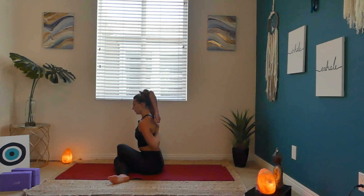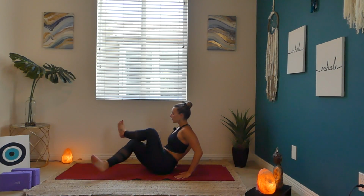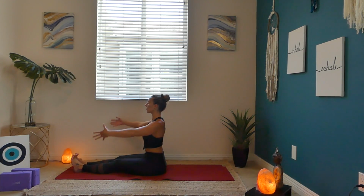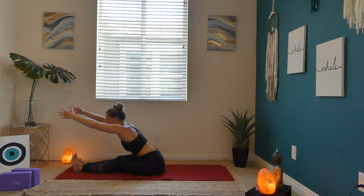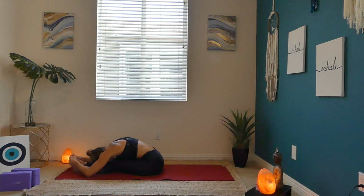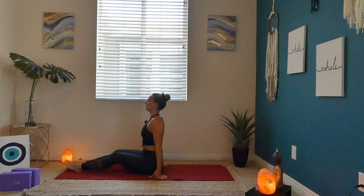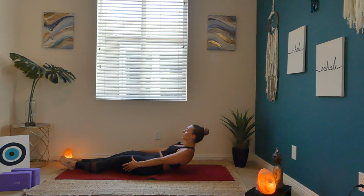One more inhale. Exhale, slowly descend, sending your legs all the way out in front of you. Our second opportunity at a nice big forward fold, Paschimottanasana. Inhale to reach your arms high. Exhale, dive. Inhale will slowly bring you up, and your exhale will bring you all the way down to the ground,